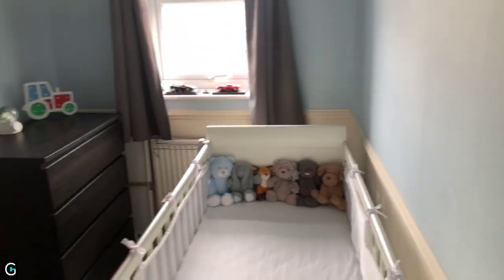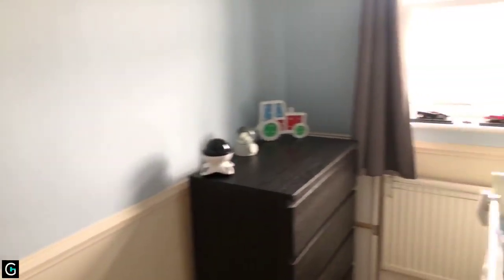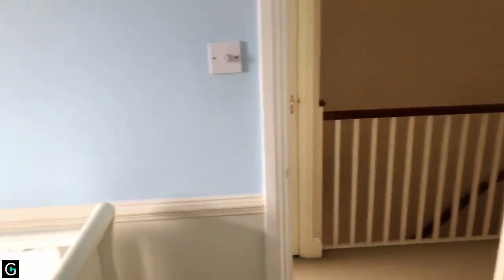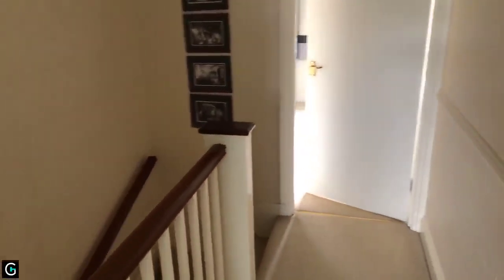So bedroom 2, as you can see, currently being used as a nursery. You have the added benefit of built-in storage, and it is a comfortable room. A double bed would fit in, and because you've got the built-in wardrobes, you'd be okay. Airing cupboard just here,